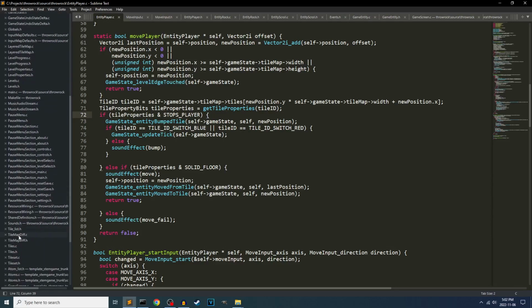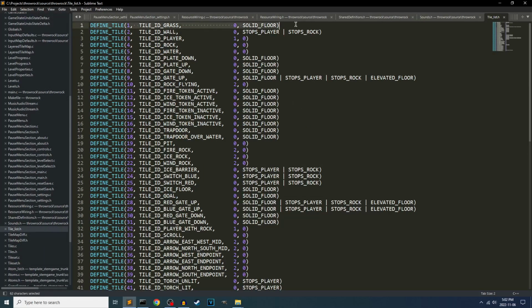And somewhere in here there's a big list of those, tile list. Yeah, so this is just macro defines to say that tile ID 1 is grass. This is like draw priority, I think, and has a solid floor. Wall stops player and stops rock. Player, that would never actually apply. So rock stops nothing, is not a floor of its own. Right, neither of these would be in the higher layer of tiles, so those shouldn't show up. But I give them properties anyway. Yeah, so water has no solid floor, doesn't